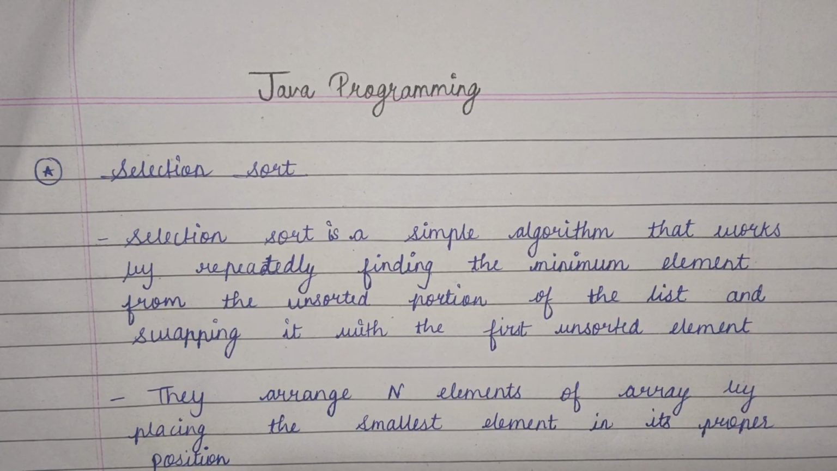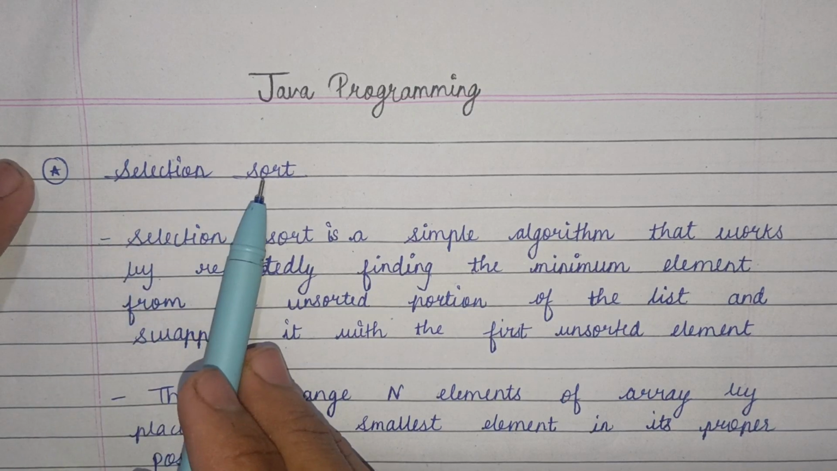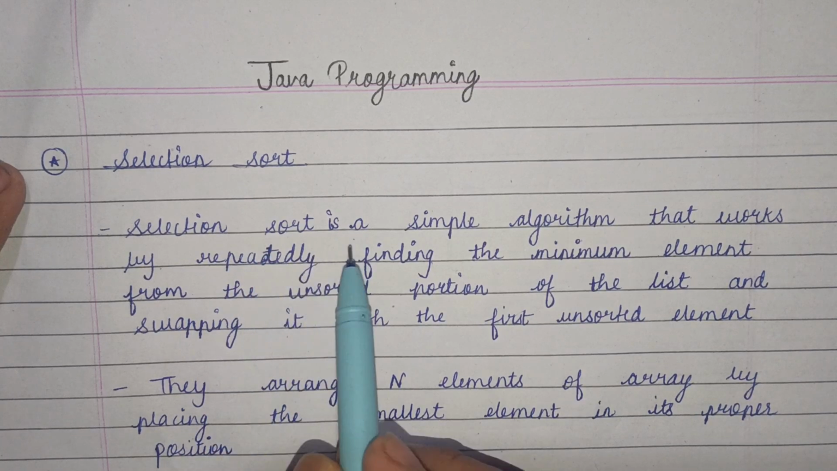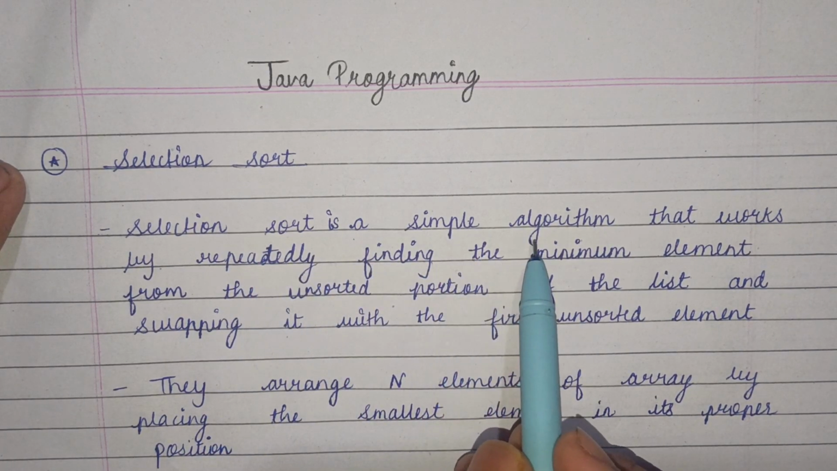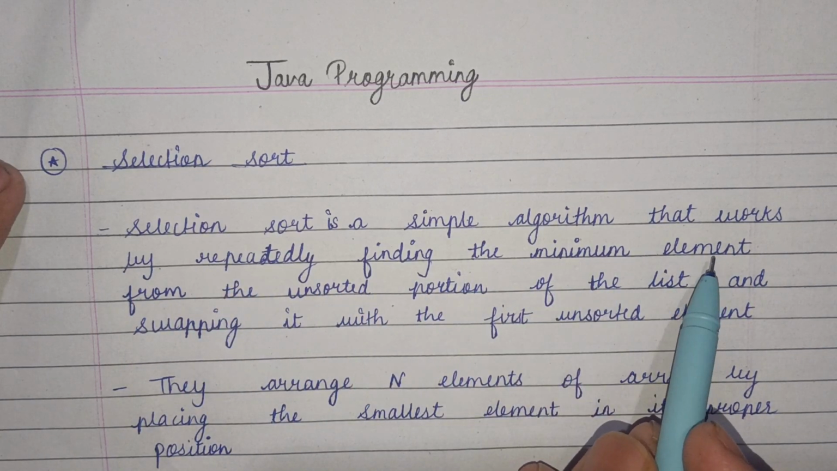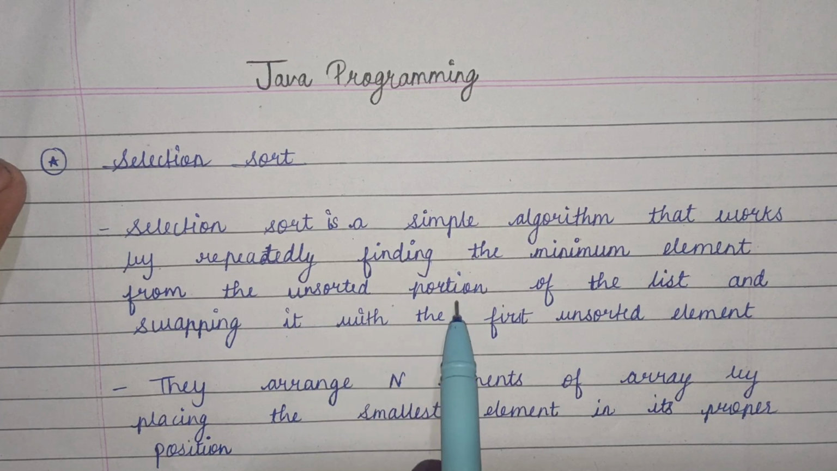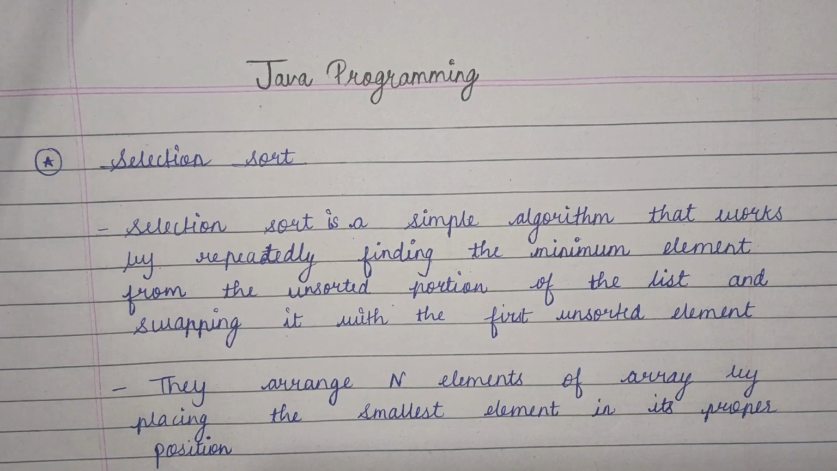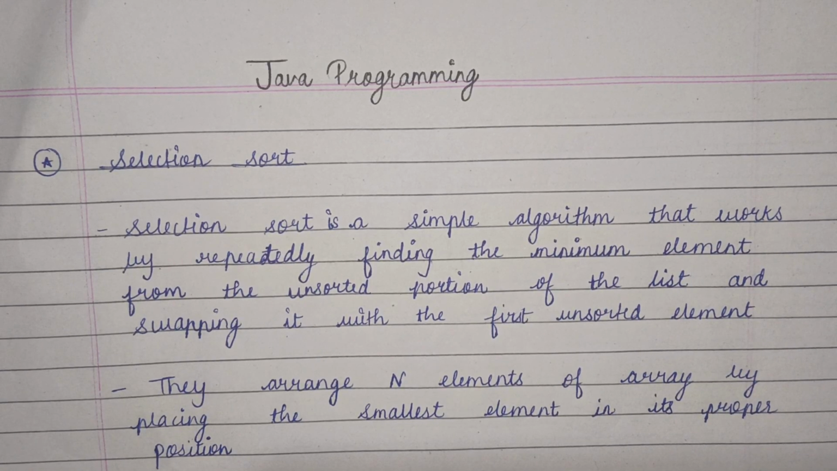In this video we are going to see the selection sort technique. Okay, so let's start. Selection sort is a simple algorithm that works by repeatedly finding the minimum element from the unsorted portion of the list and swapping it with the first unsorted element. So we have to find the minimum element from the unsorted portion of the list and then swap it with